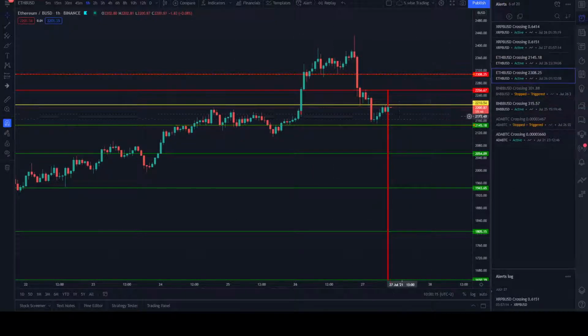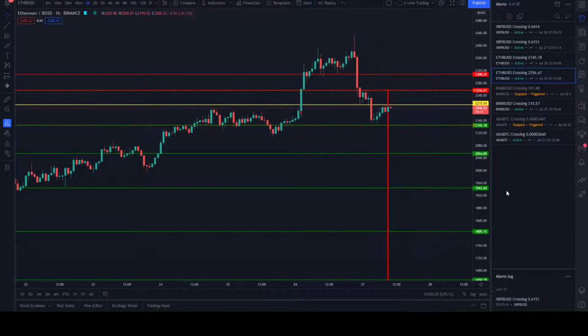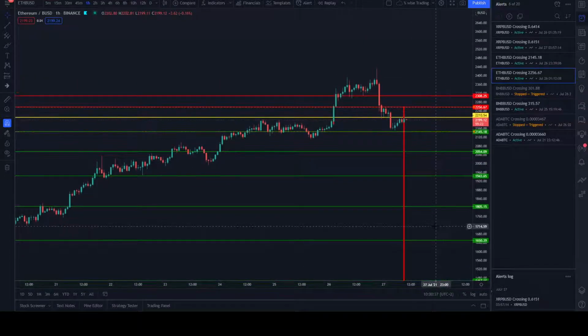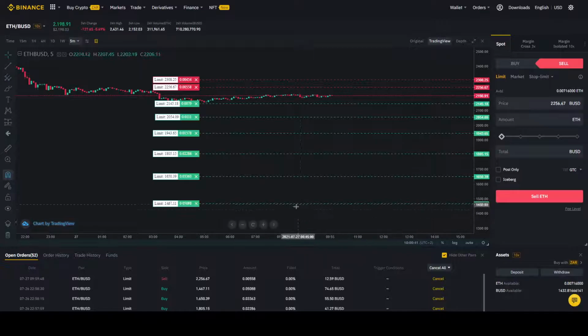And if the market goes all the way up, 2256.67, we'll add another buy limit order. As you can see, I got 2 sell limit orders in, and the rest is my buy limit orders. That's Ethereum all set up, ready to go.